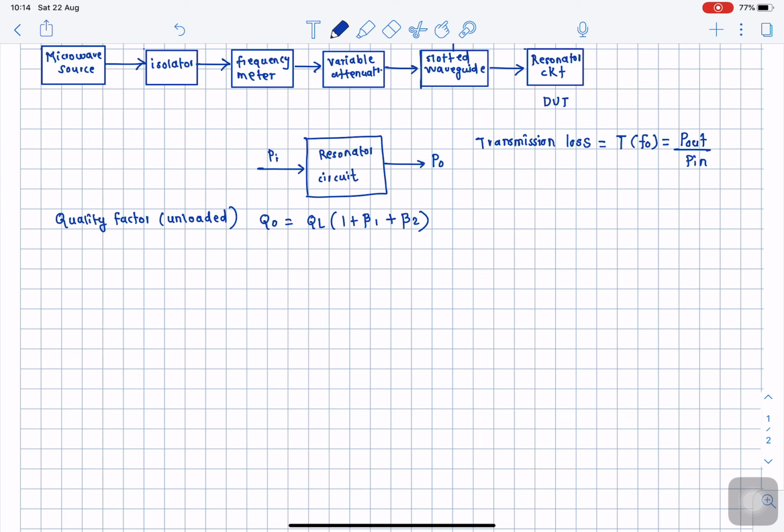Okay, so remember, this is the main equation to calculate the unloaded quality factor of the resonator circuit, where QL is the loaded quality factor, and here beta 1 we call it the input coupling factor